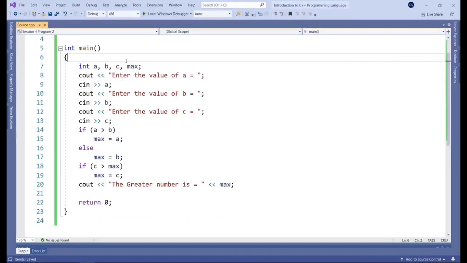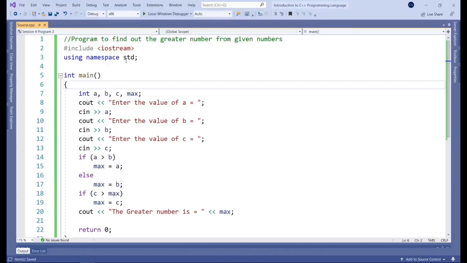So when we're thinking about this scenario of asking the user to enter some numbers and then comparing them later, we start by thinking about, okay, where are we going to store that data? And we can actually define some variables for that. So this is what we have here. We have 4 integer variables, A, B, C to store those numbers, and then max to store the greatest number. So we're storing the result of that comparison within the max variable.